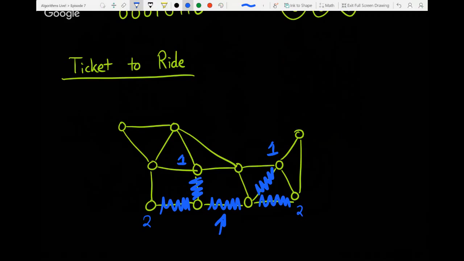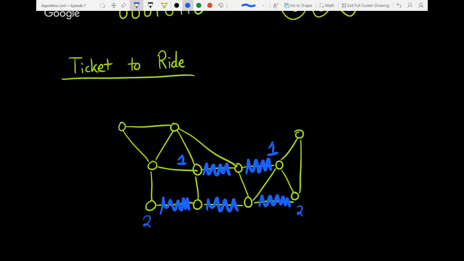But the only thing I need to guarantee is a city from going from 1 to this one, they have to be connected. So in other words, a potential solution to this problem isn't this. I can't connect 1 to 2 and 1 to 2 and call it a day. 1 has to connect with 1, 2 has to connect to 2, and it's given in the problem. And then I can end up solving this because it ends up going together. So one potential solution is like this. One potential solution is just pairing them like this. And the roads have costs that you pay for buying them. So you want them